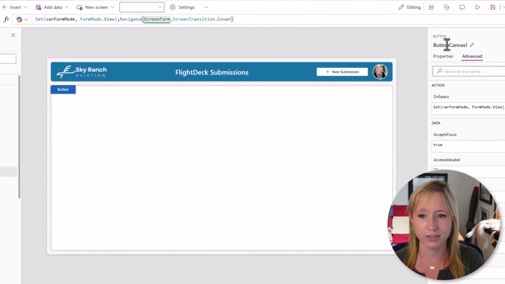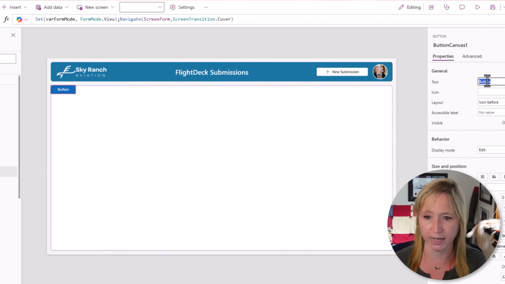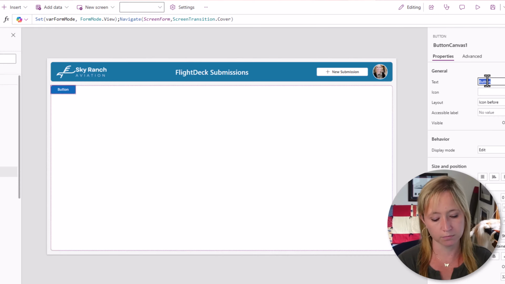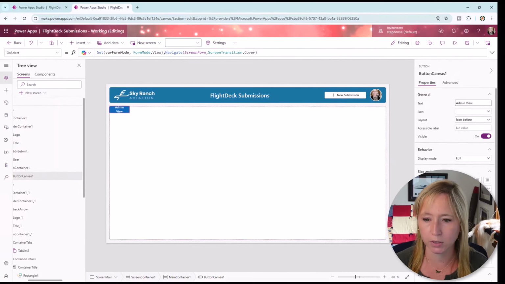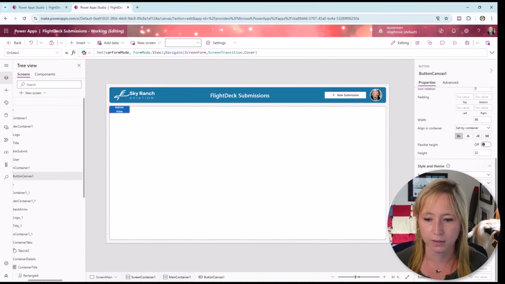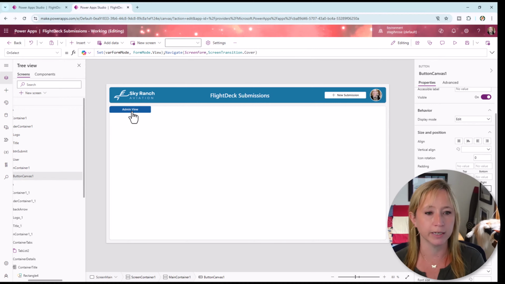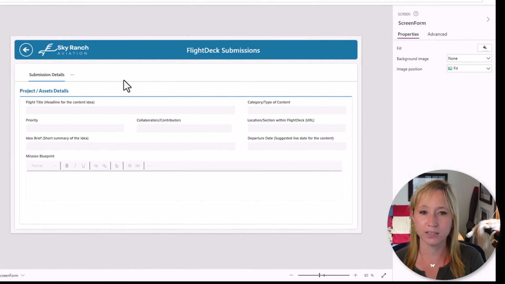So now let's just give this a button name, admin view. There we have it. It's a little small. Let's scroll down, make it a little bit larger right here. Let's make it 200. Now I'm going to hit admin view and it takes us to the screen, and this